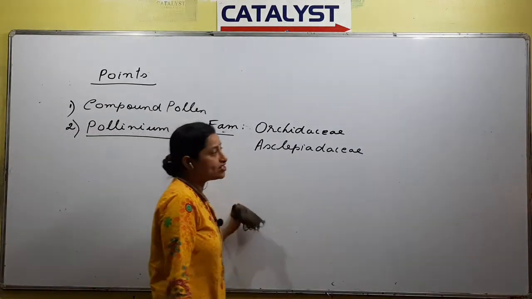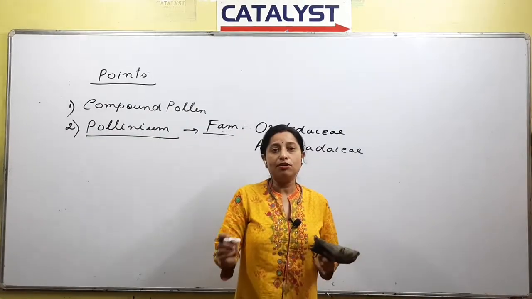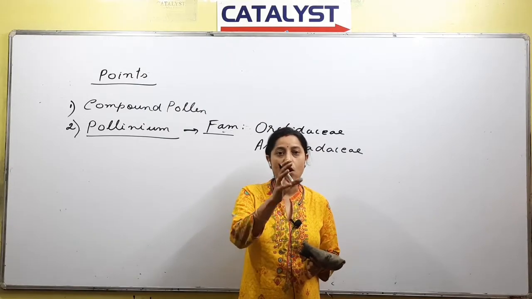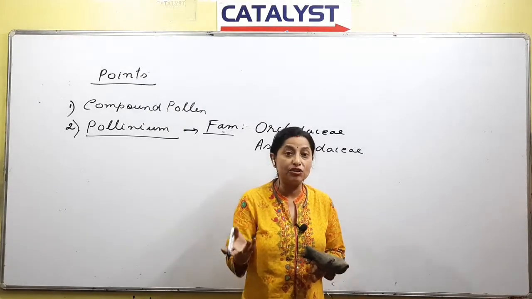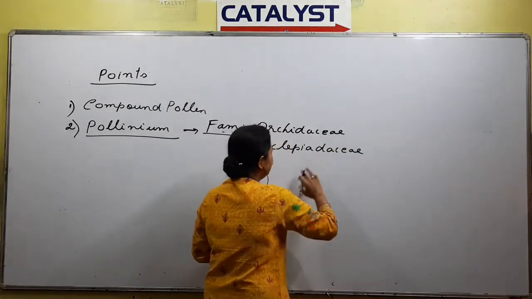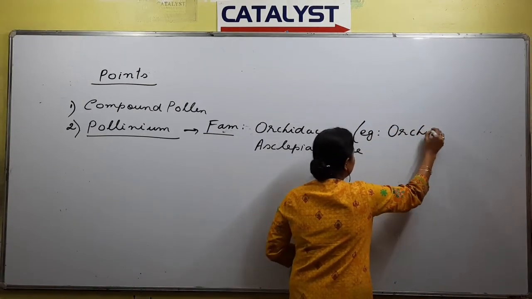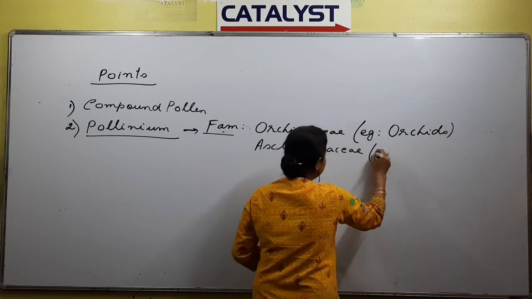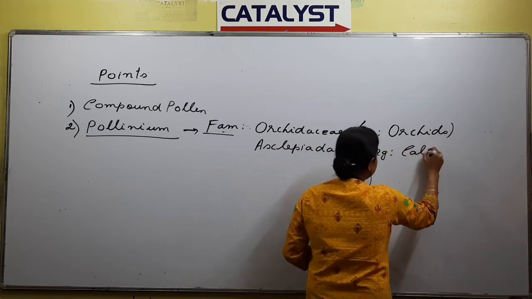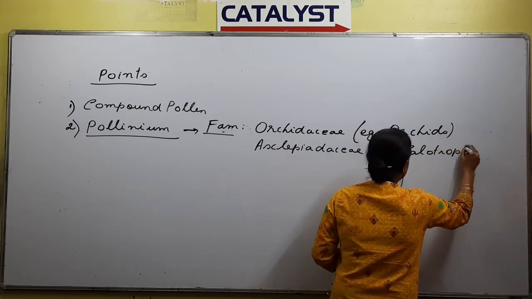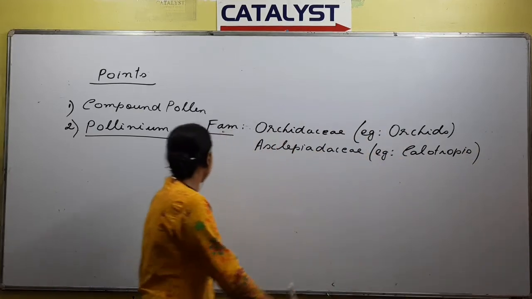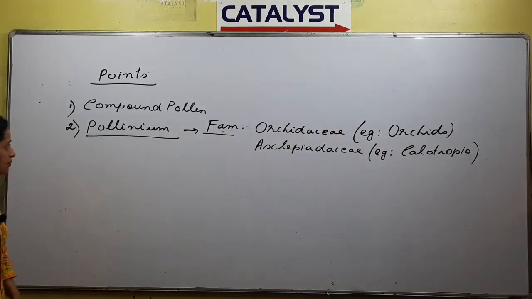So directly question from MCQ point of view ahi se pollinia is present in option either orchids thakibo ba calotropis thakibo etc ba family gitar naam thakibo. Orchidaceae best example ami orchids dit hobo paro, aru in case of Asclepiadaceae we can give the example of calotropis. Right, so this is important. So we have discussed the compound pollen, pollinium.